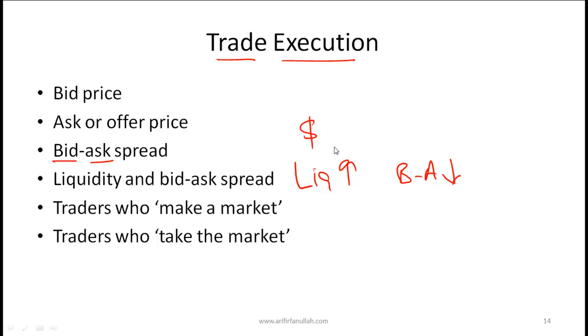On the other hand, if you take another currency such as the Australian dollar, you can buy and sell Australian dollars, but since the liquidity of the Australian dollar in our market is not as much, the bid-ask spread will be slightly higher. The same goes for stocks. Stocks that are very liquid will have a low bid-ask spread. Stocks that are not so liquid will have a high bid-ask spread.